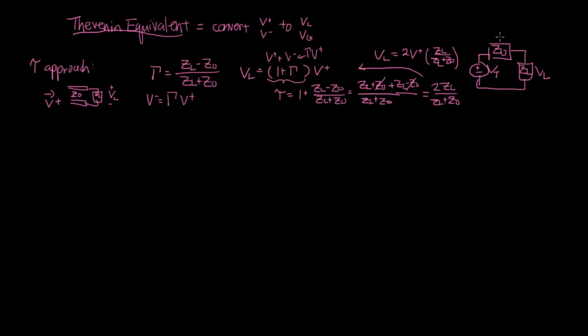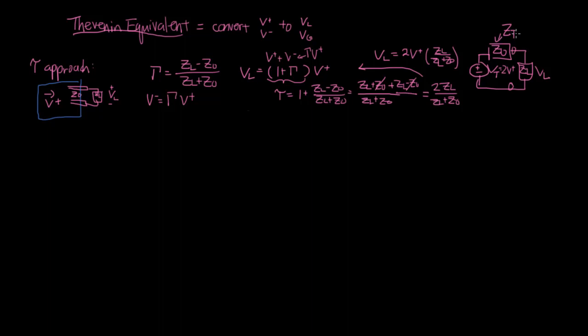So what we do is we can designate this as the Thevenin equivalent generator and the equivalent source impedance. You can substitute the transmission line on the load end with this circuit here, where Vt is going to be equal to 2V plus. So again, what that means is if I know what the incoming wave is and I want to know what that looks like to this load, I just recreate this chunk of the circuit here